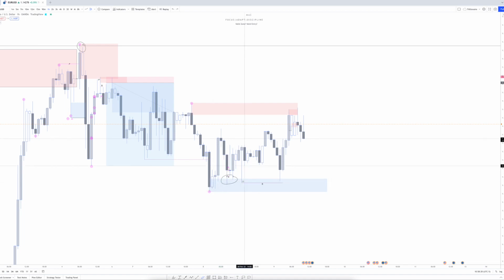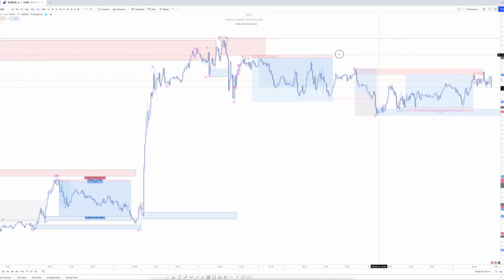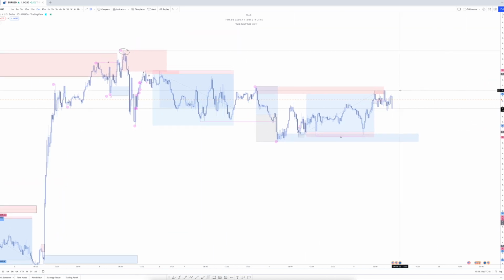Now, once we saw that, we were able to go to the M15 time frame and essentially mark up our supply and demand. Now, there is a certain way that I do this as it relates to day trading. And those of you who are able to get into the masterclass, I'm going to be breaking all of this down for you and giving you my complete strategy from A all the way to Z. After the masterclass, you should be able to hop on the charts any day during session time and catch what needs to be caught.